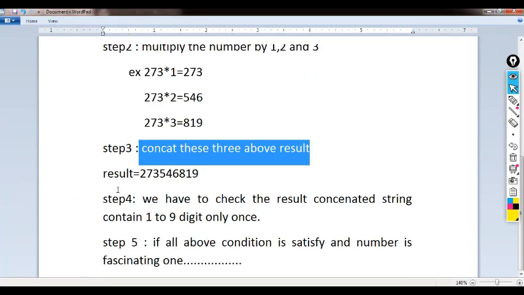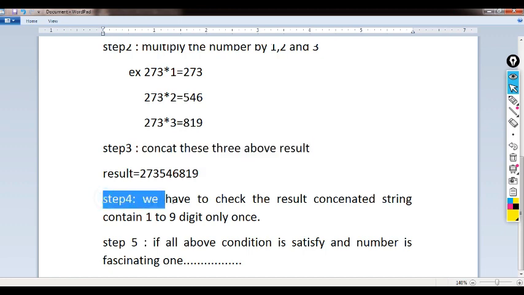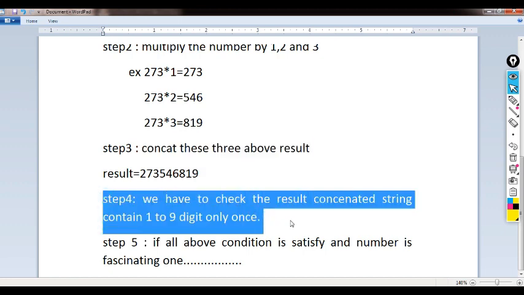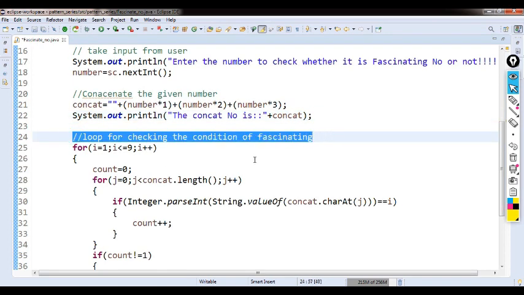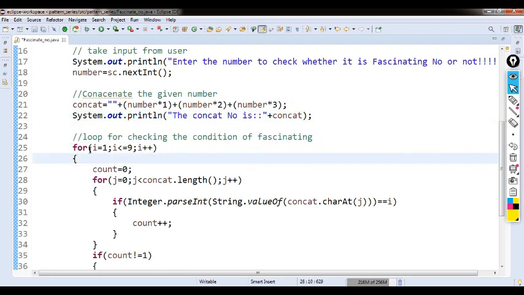Then after that, what is step 4? We have to check the result: the concatenated string contains the digits 1 to 9 only once. So here we take a loop to check. Why do we take a loop?